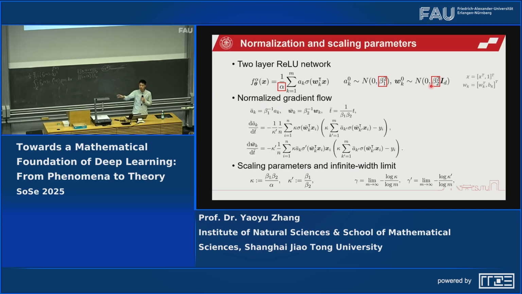The answer is no. After normalization, the key normalization is regarding the time. We don't care about time because we only care about the trajectory throughout the training. We only ask, at infinite time, what kind of solution you learn. Therefore, as long as the 2 different models,